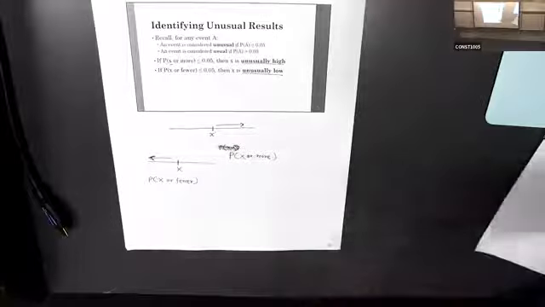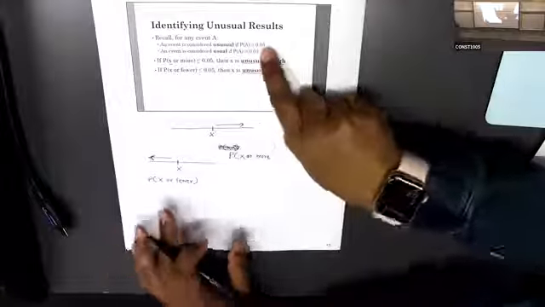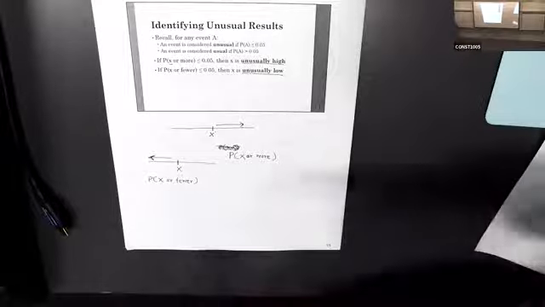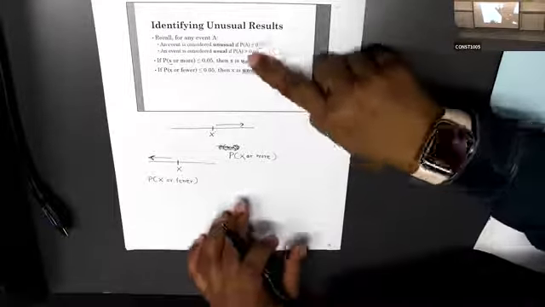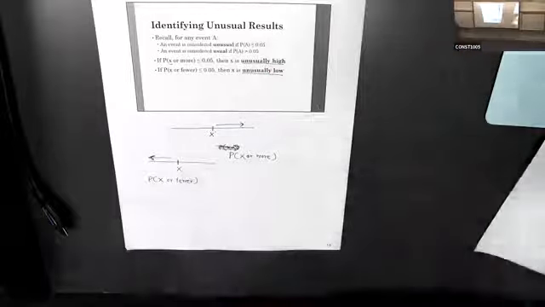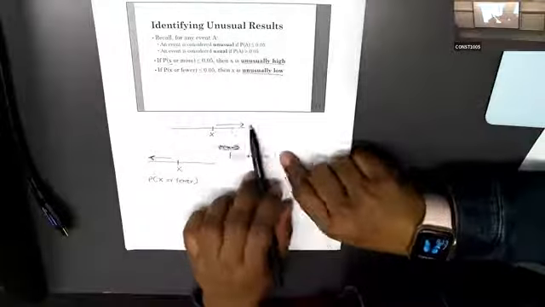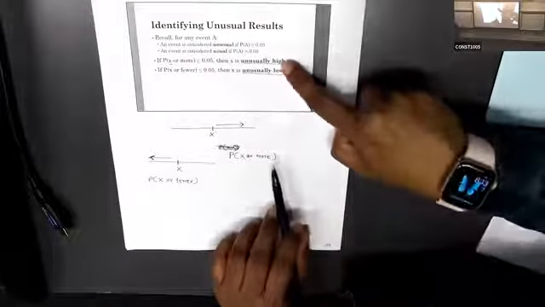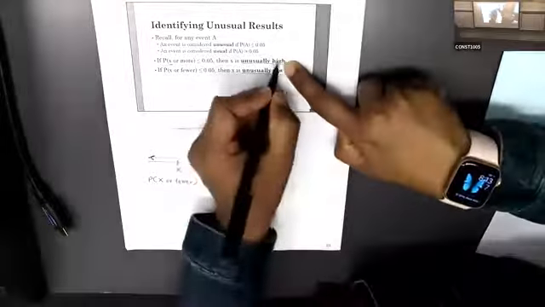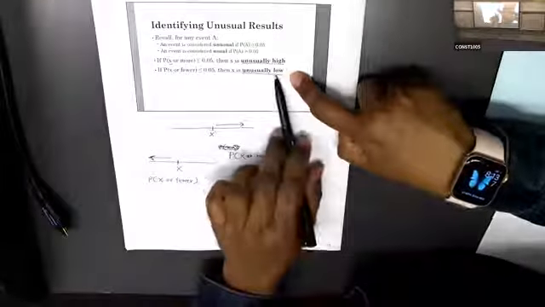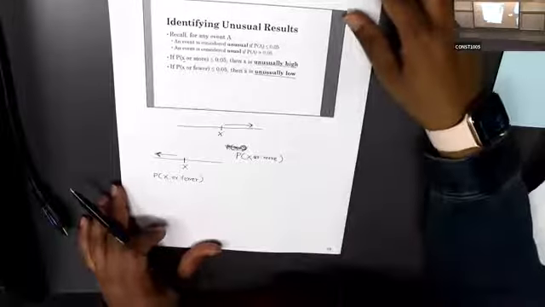Okay, so same meaning, like if you see any probability value less than 0.05, it's unusual, but there is a direction. If you have the right direction, you can add this word high. If it's to the left side, then you can add this word low. Okay, so unusually high and unusually low.